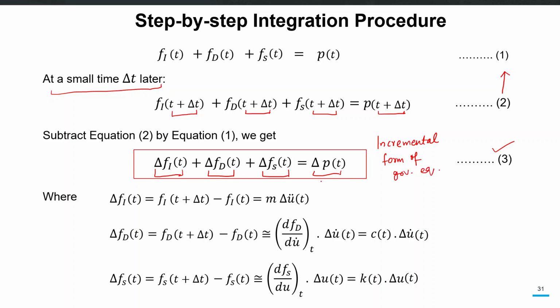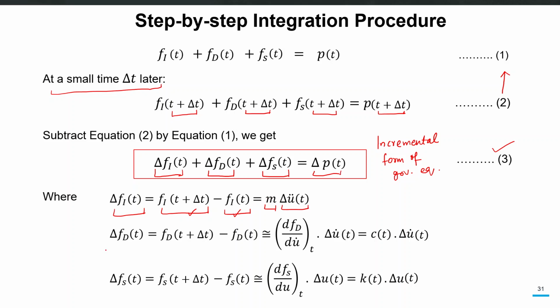So now we have this equation where the change in inertial force is equal to the inertial force at t plus delta t minus the inertial force at time t, and that change should be equal to mass times the change in acceleration because mass is constant. So between t plus delta t and t, there will be a change in acceleration which will change these two inertial forces. Their difference should basically be equal to mass times change in acceleration, because mass is constant throughout that duration.